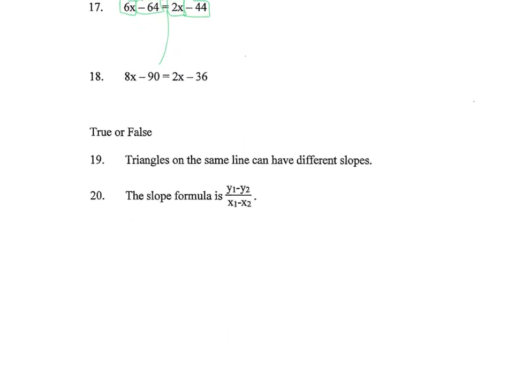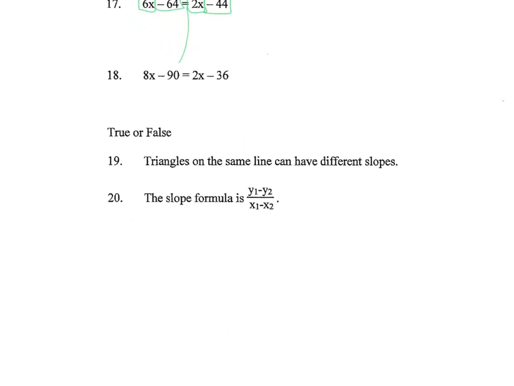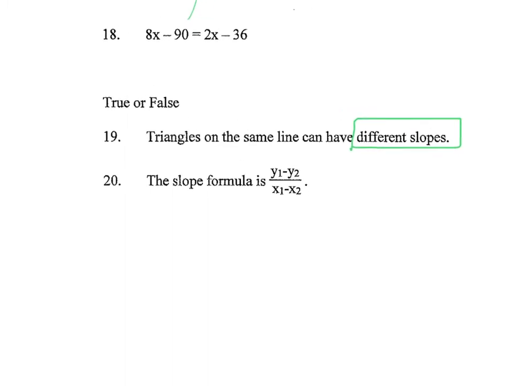And last part, true or false. Triangles on the same line can have different slopes. Go back to the first page if that is confusing. 20, the slope formula is